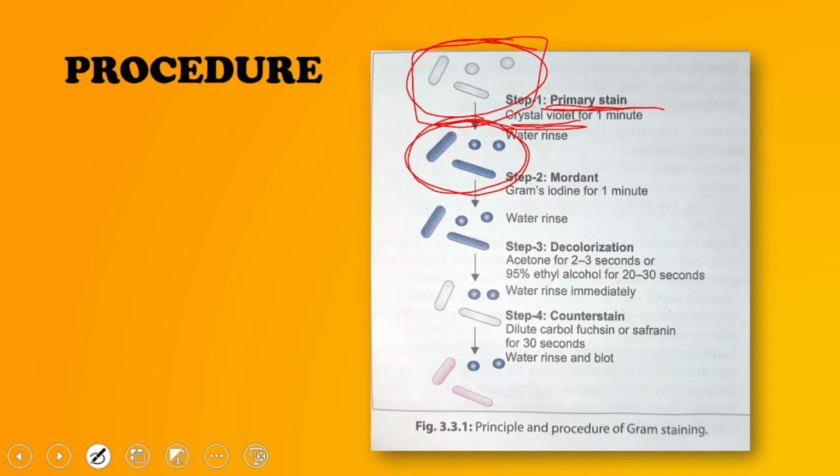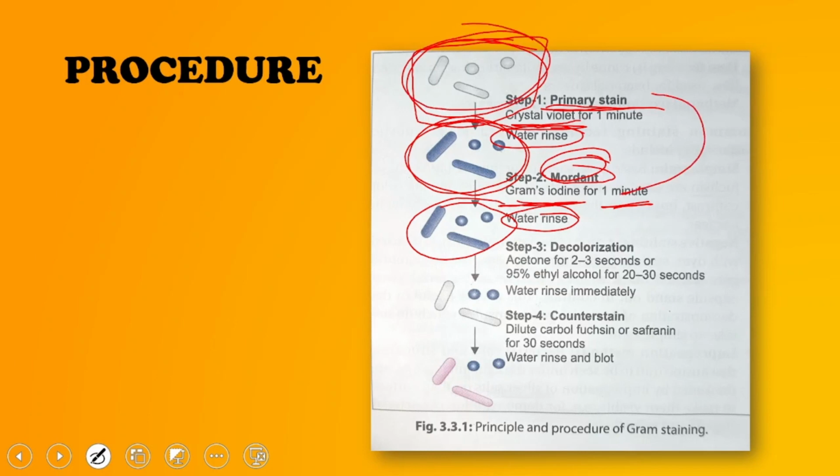Second step, we are going to add the mordant over here. Gram's iodine is used as one of the mordants and we apply it for nearly 1 minute, and definitely after each step you have to rinse it with water in gram stain. So after this also, all the bacteria have the primary stain intact in them. What is the importance of the mordant? In the next slide I will explain the importance of this mordant, but for the time being just remember initially it was colorless. After applying the primary stain and the mordant, both together, they appear bluish purple, kind of purplish.